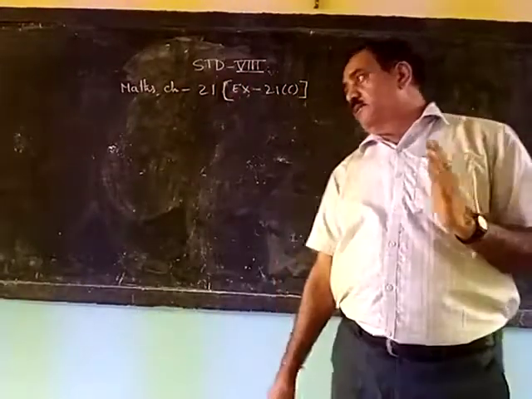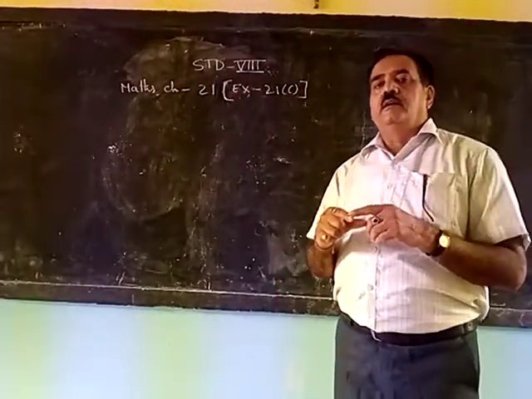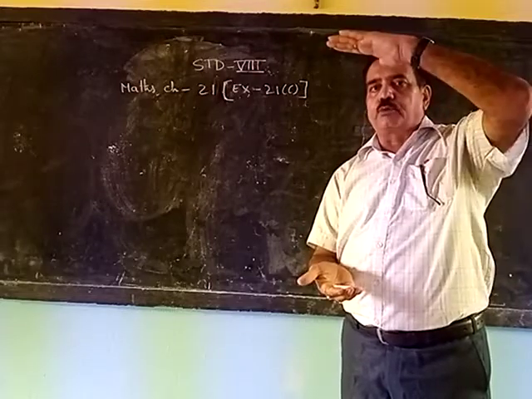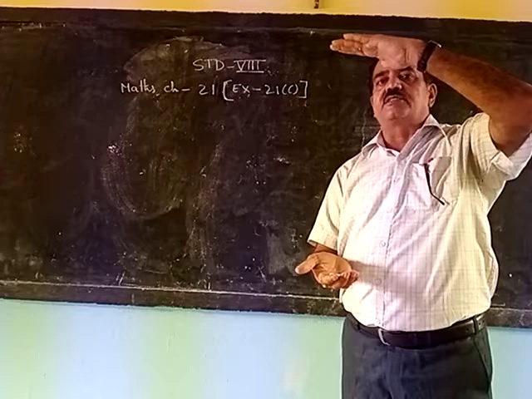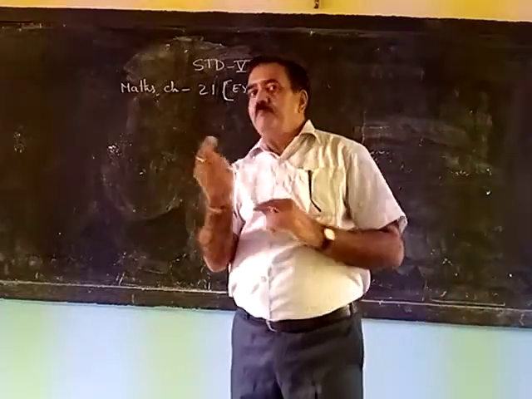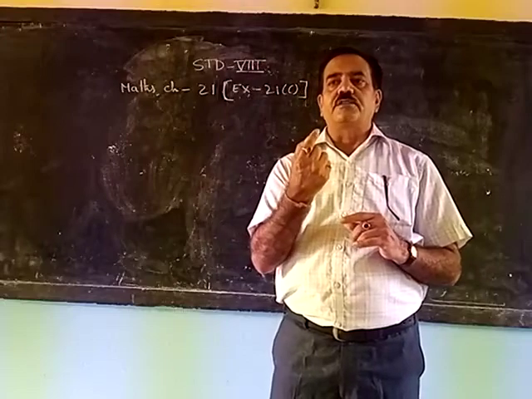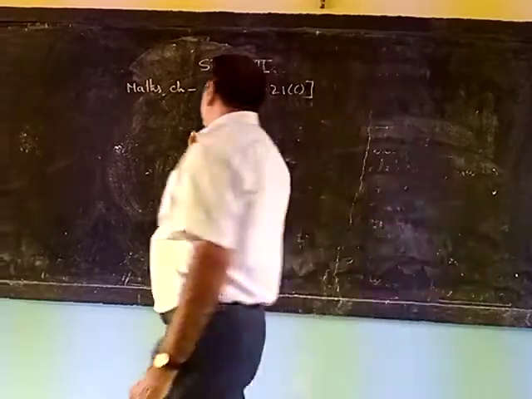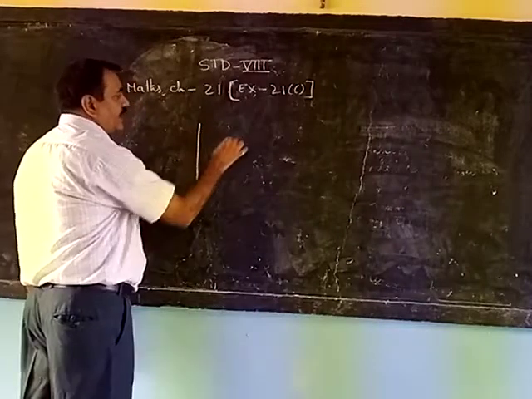What is a cylinder? First of all, if we put together circles of the same radius, it will take the shape of a cylinder. Right? It means one piece of the cylinder is in the shape of a circle. Okay, clear? So this one, see the diagram.